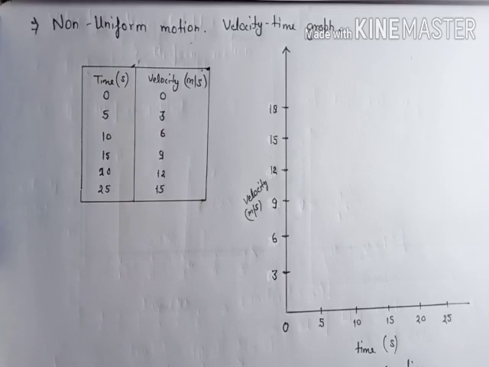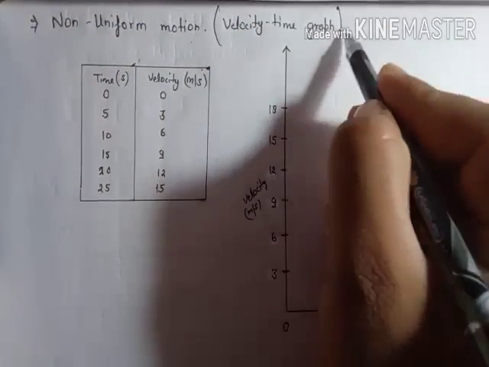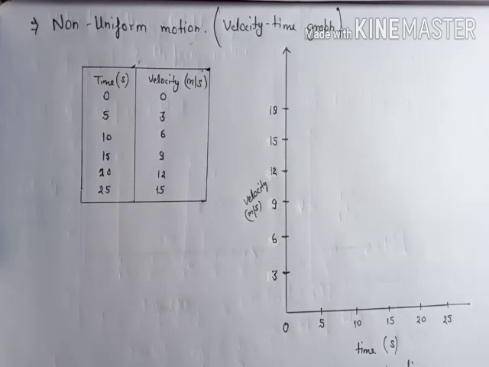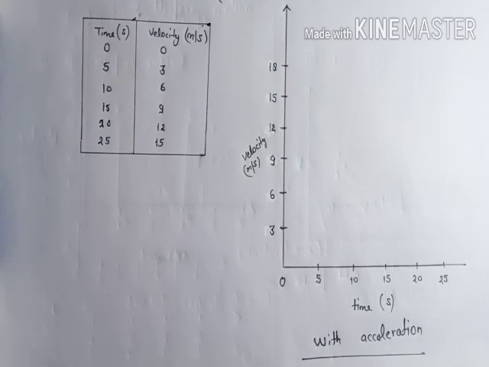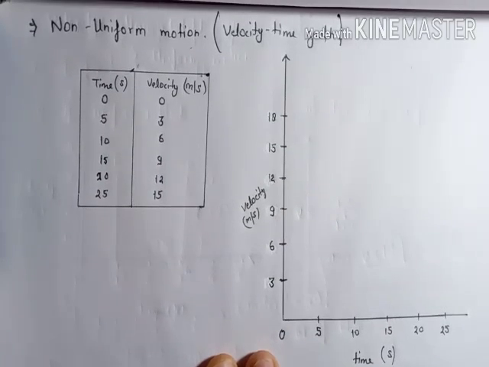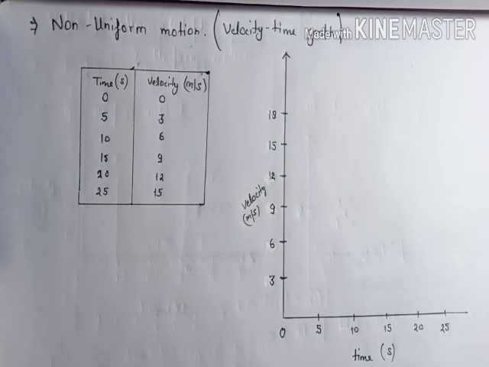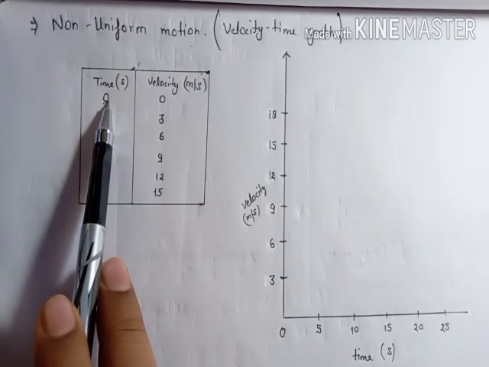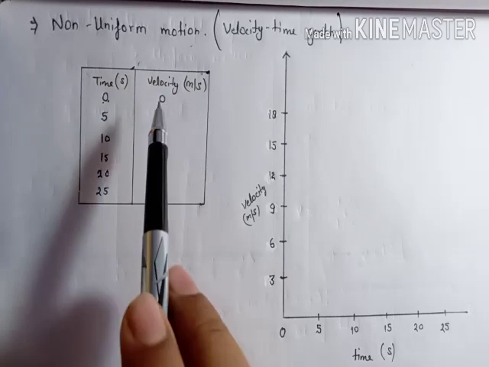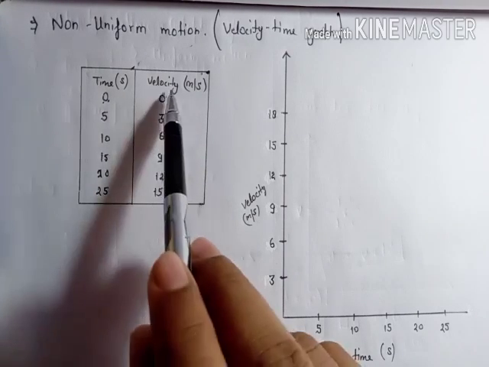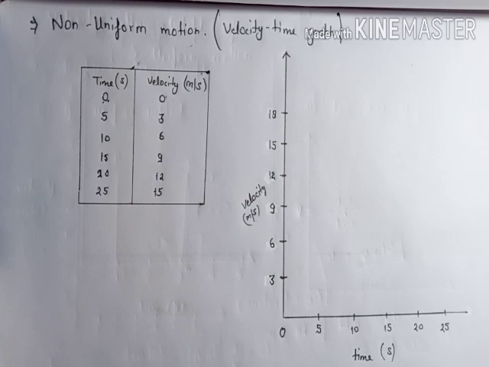Now we have velocity time graph of non-uniform motion. Non-uniform motion is that where acceleration is being applied. That is why it becomes non-uniform. Otherwise, it will have uniformity in its motion. So we consider some parameters. When we started our counting for the time, when time was 0, we considered that at that instant the body was at rest. And this body is not the human body, this is the object, and that object is at rest right now.